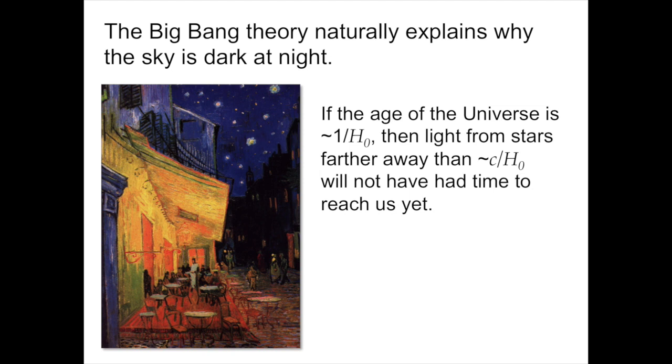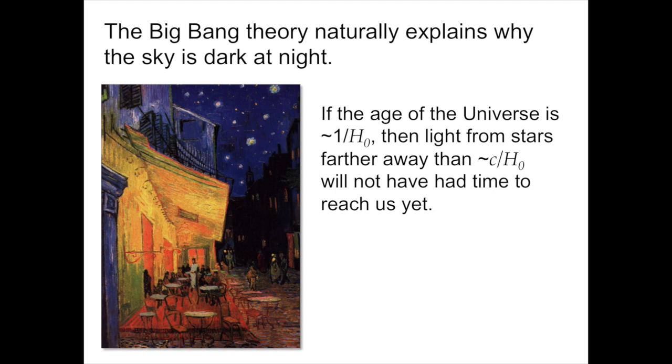The way to think of this is as follows. Imagine an infinite universe filled with stars all spread out through space. Eventually, if the universe is infinite and has lived for an infinite time, then one of my lines of sight will eventually intersect with the surface of a star. No matter what direction I look in, eventually my sight line is going to land on the surface of a star, and so I should see the light from those distant stars.